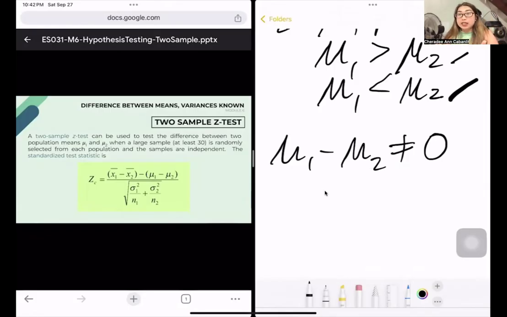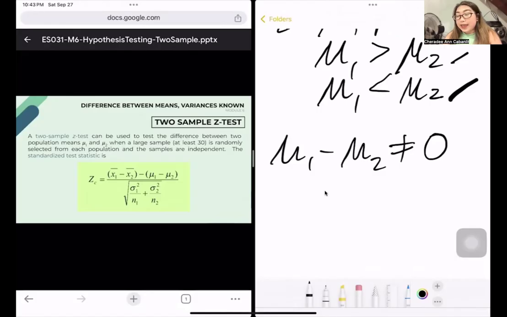Where you have already familiarized, like if it is 99%, 90%, and 95%, it's still the same. The only difference we're going to do is on the T table, because the value of the degrees of freedom is now n minus 2, compared to the one sample wherein you just have to subtract one from the sample size. So in this case, you have a new formula for the computed value of z.